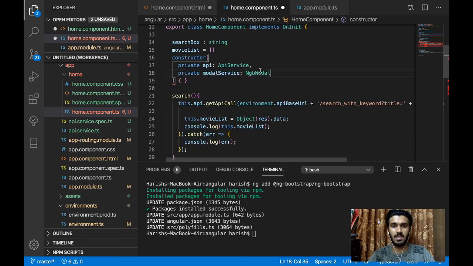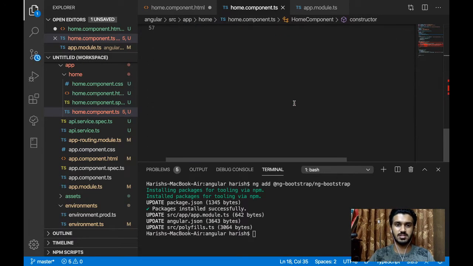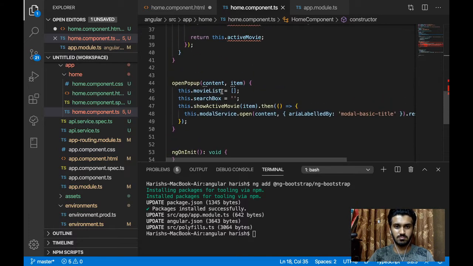Okay, that's it, the model is set. So for now the movie list will be kept blank, because we don't need that, and the search box will be blanked out, and we are going to call another function with this ID. We will pass the ID value there, like item value. The item will have three values, as I said, and it will be passed,